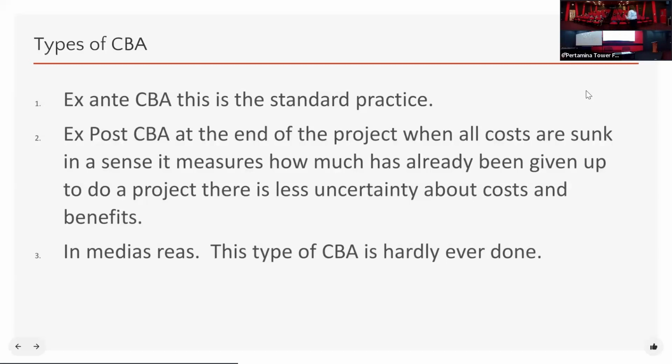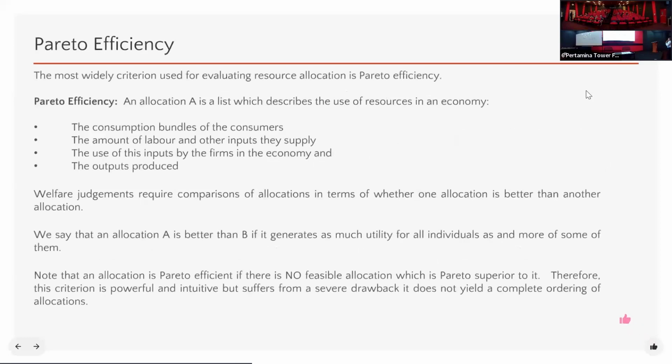That is hardly done, okay? It exists, but it's hardly done. It's good, but also you don't have all the resources to start evaluating things. It became a lot more common during COVID, okay? So that's when people will say, oh, oops, let's do this type of cost benefit analysis. Okay, so